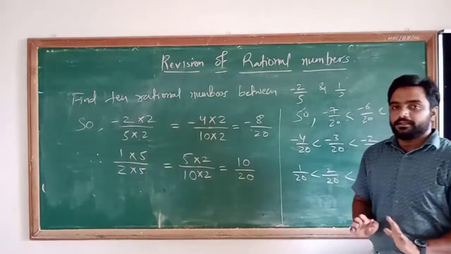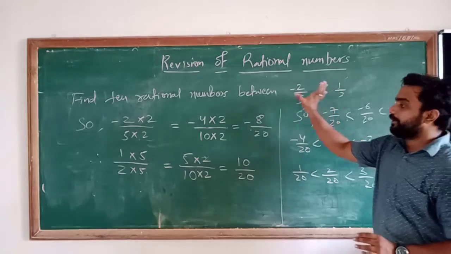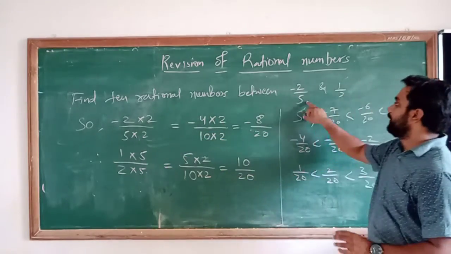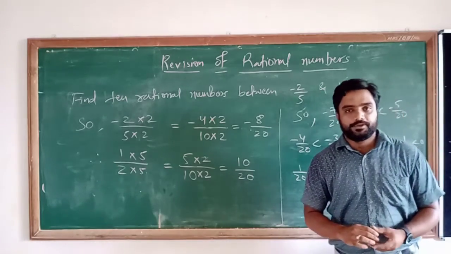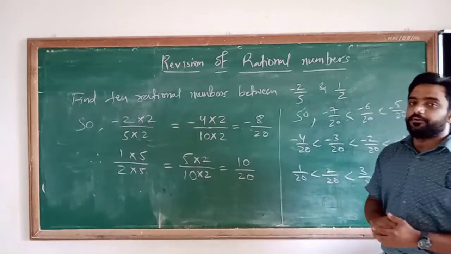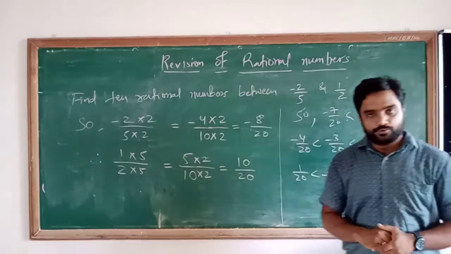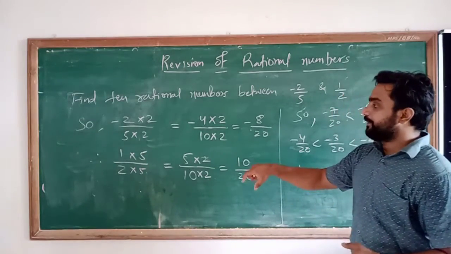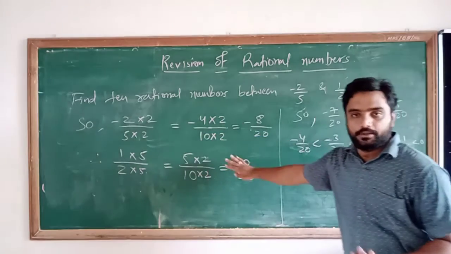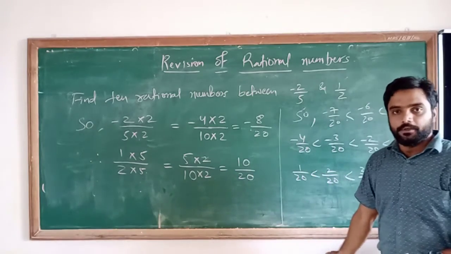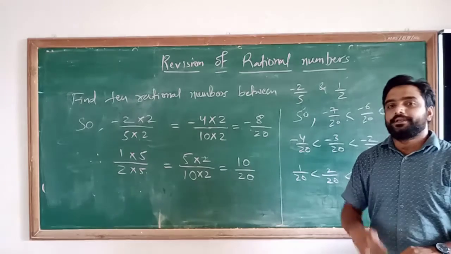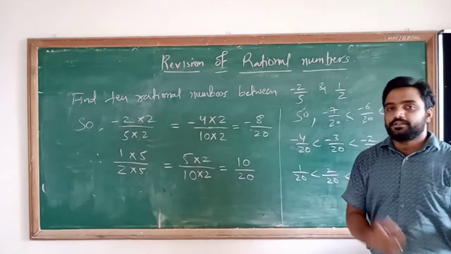Okay, अच्छे तरीके से समझ लो. देखो पहले मैंने क्यों दोनों ही डिनोमिनेटर से मल्टीप्लाई किया है? Why? Because both of the rational numbers have different denominators. Okay, so it will be tough for you to write rational numbers between these two rational numbers. So पहले स्टेप में मैंने क्या किया? दोनों का डिनोमिनेटर इक्वल कर दिया. After that I tried to write the rational numbers between both of them. But then also I am not obtaining that many rational numbers as given in the question.